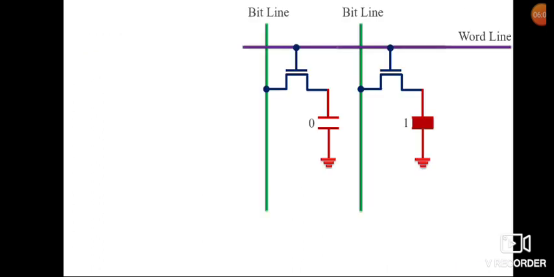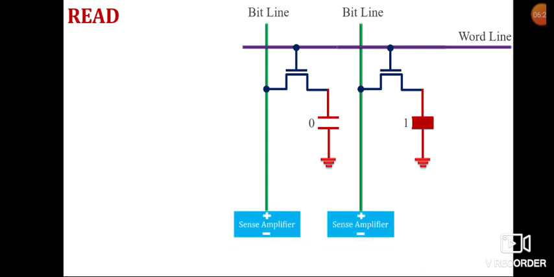Okay, now let's talk about the read operation of this DRAM. For the read operation, as you can see, I have taken two different DRAMs, just to show you how we can read 0 and 1 together. So for understanding this, I have shown you additional circuitry which is already available there, but was not shown in the previous diagram. Now here we have the use of the sense amplifier, that is why I am showing this to you.